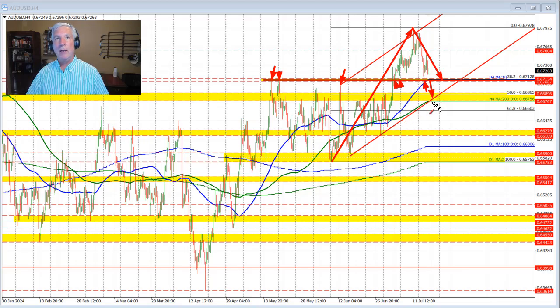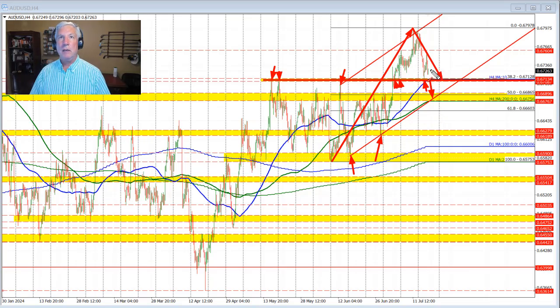That's the green line right here, and that represents the 200 bar moving average on the 4-hour chart, and lo and behold, it too is joined by other levels, including near the 50% retracement, also near this trend line right here, connecting this low to this low right here. So this area down through here is going to be another key area, a 0.6675 up to 0.6687 type level. Be aware of that. So the downside is pretty well established as far as the key tactical levels right here and right down through here. If we break below the 200 bar moving average at 0.6675, it's further momentum to the downside for this